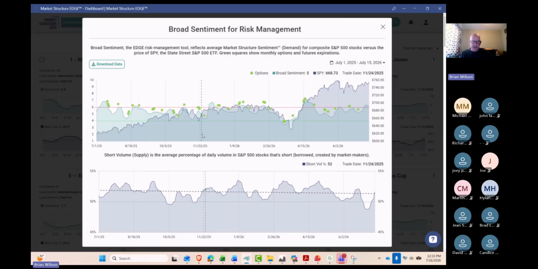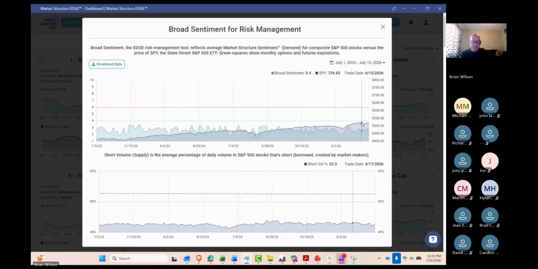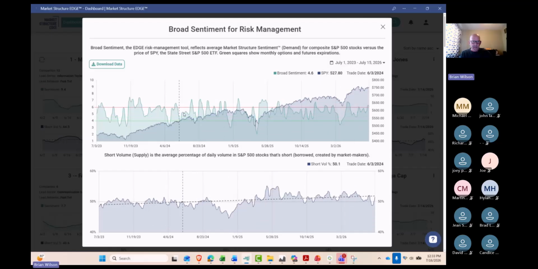And you can see once again the normal rhythm of the market. Market moves above the red line. Let me take this back a little bit farther. You can probably see it better. So here's movement above the red line, and you can see that it happens with consistency. Once again, that normal rhythm that plays out in the market. We've hit it a couple of times recently. I think we've hit it 5 different times so far during 2026.